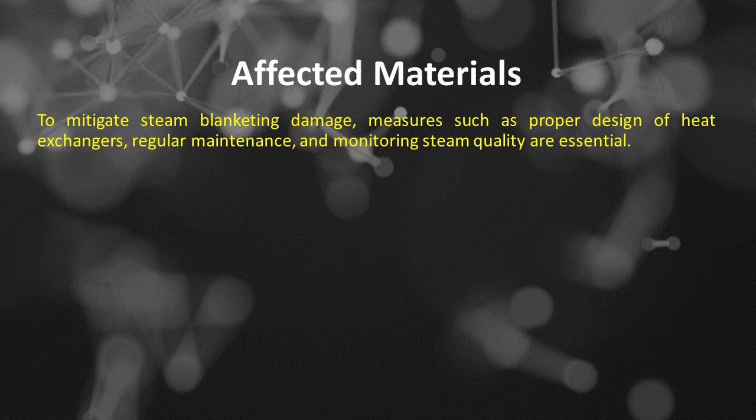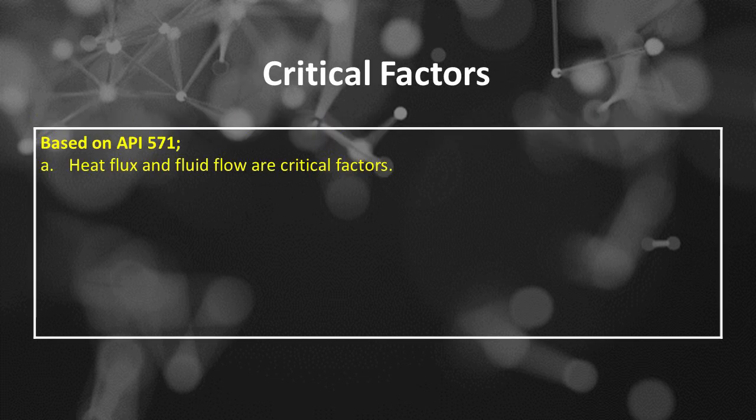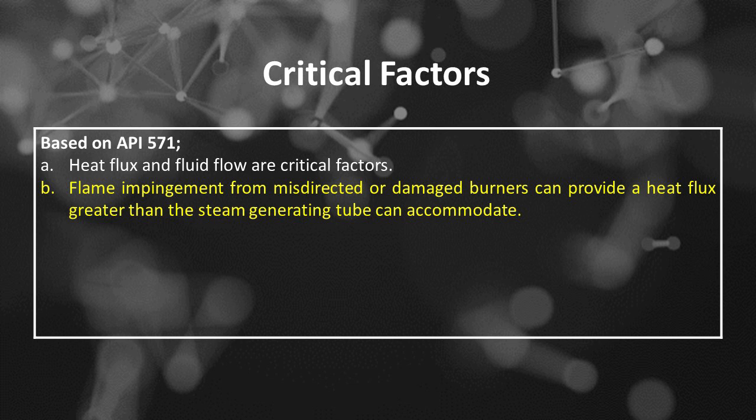To mitigate steam blanketing damage, measures such as proper design of heat exchangers, regular maintenance, and monitoring steam quality are essential. Critical factors based on API 571. The first is heat flux and fluid flow are critical factors. The second is flame impingement from misdirected or damaged burners can provide a heat flux greater than the steam generating